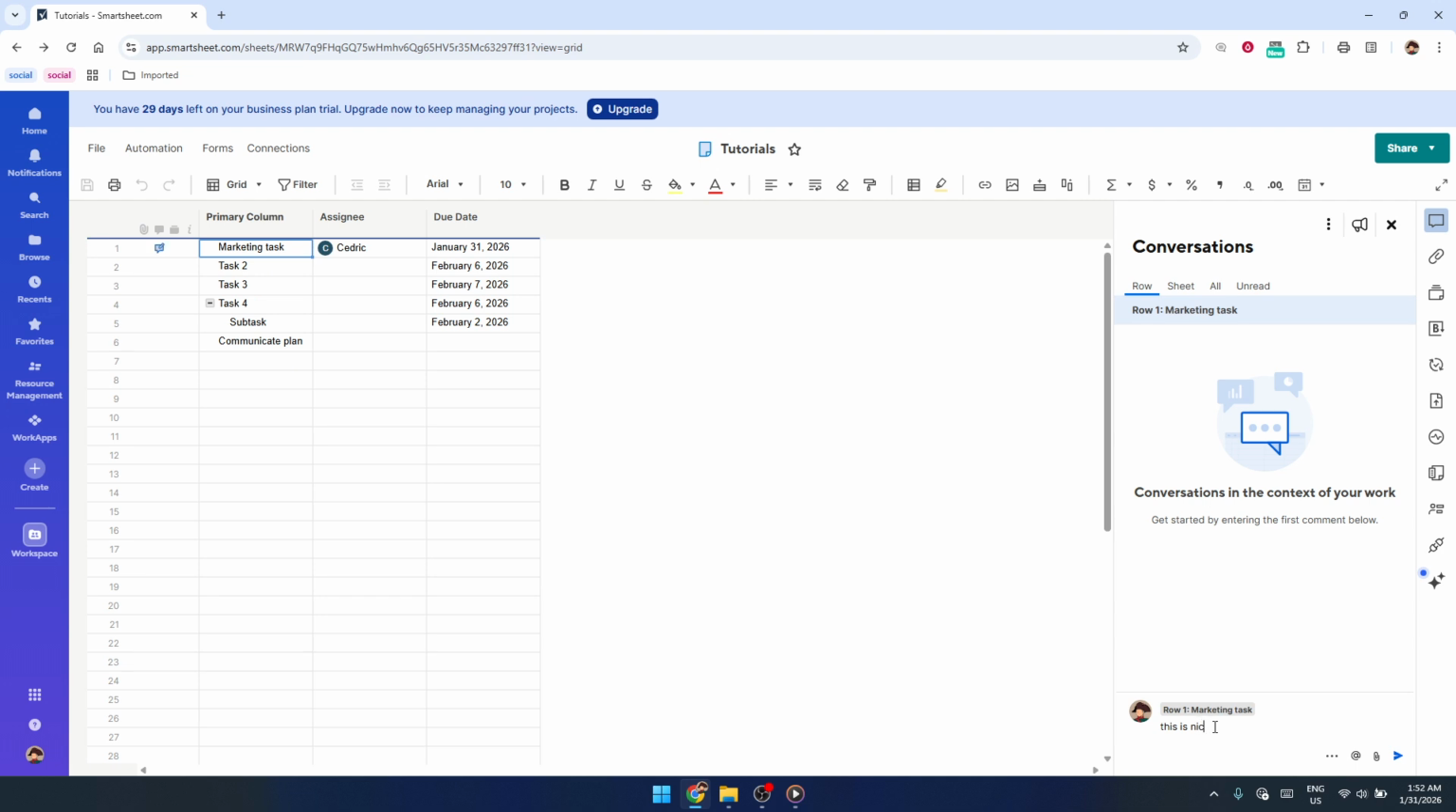To make sure the right people see your comment, use the @ symbol followed by their name. As you type the @ symbol and start entering a name, Smartsheet will suggest matching contacts. Select the correct person and they'll be tagged in your comment. When you post it, they'll receive an email notification and can even reply directly from their inbox, which helps keep